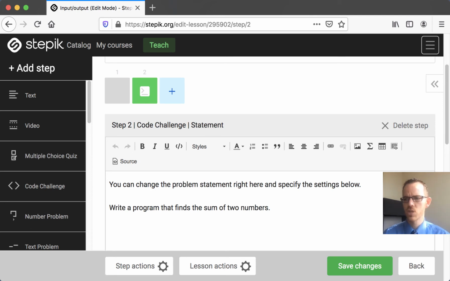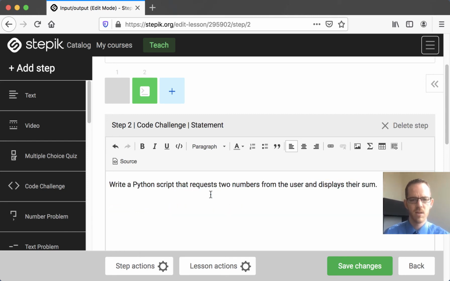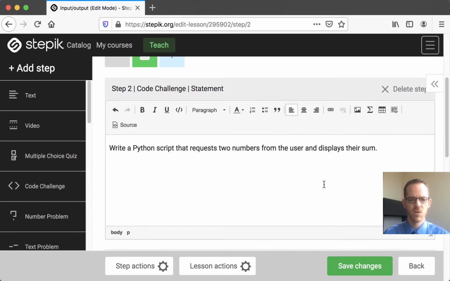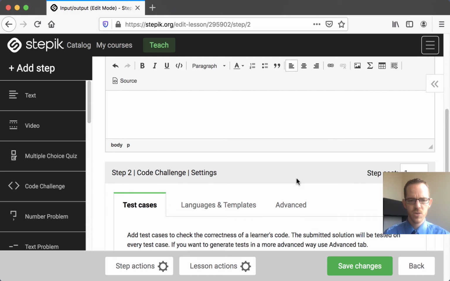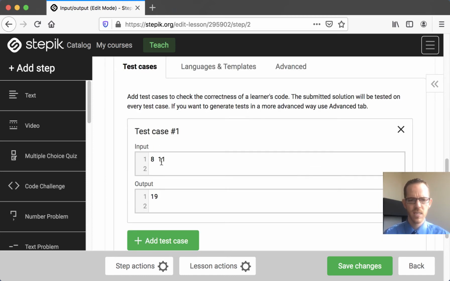We have the code challenge here, and what we're going to say is we want to do something similar to what they have here as their default, but write a Python script that requests 2 numbers from the user and displays their sum. And so here we scroll down and we have test cases. And so let's say the input is going to be 3 and 7. And then for the output, we want to